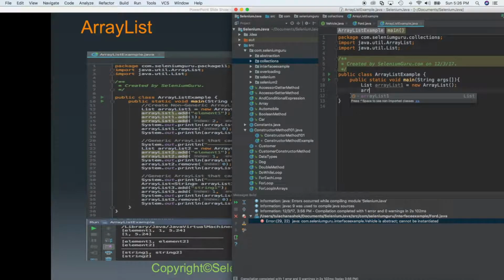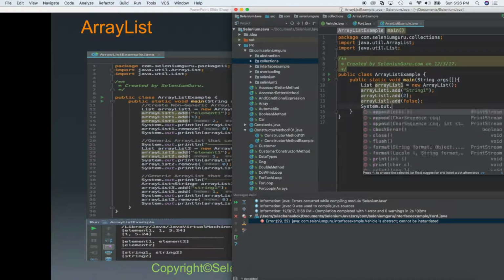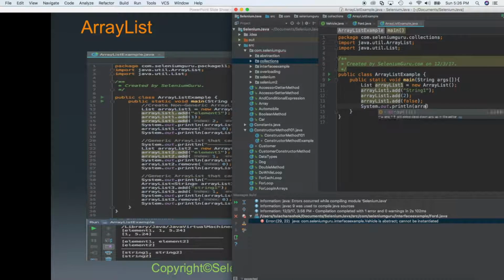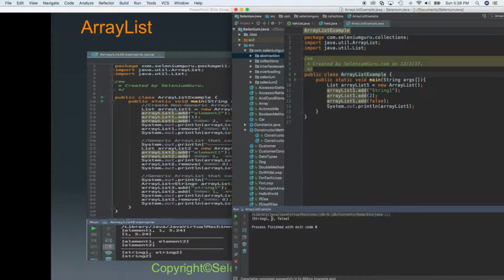So I'm going to add ArrayList1.add. I'm going to add string 1, and I'm going to do ArrayList1.add. I'm going to add 2 here. ArrayList1.add here, I'm going to say false. Print out this array list in here. If I run this, it's going to say string 1, 2, and false, right? This is a non-generic